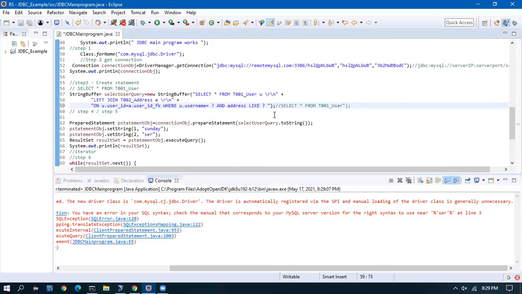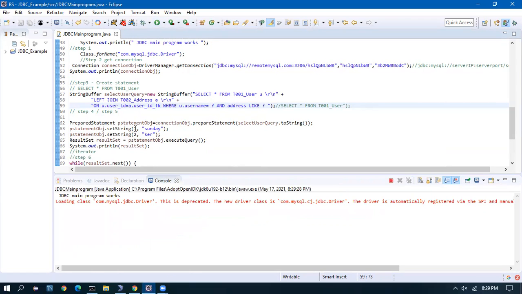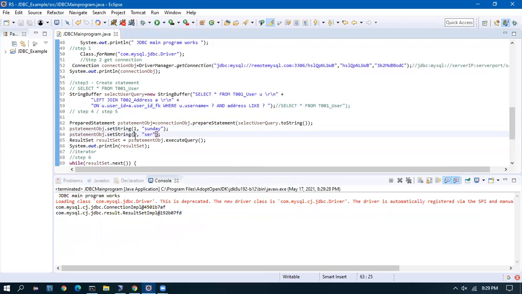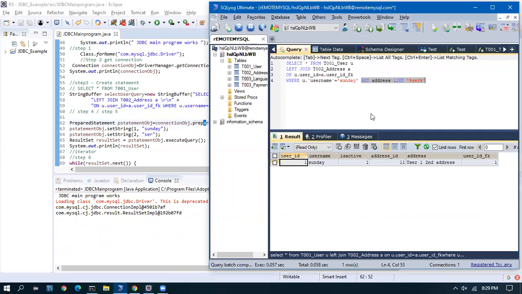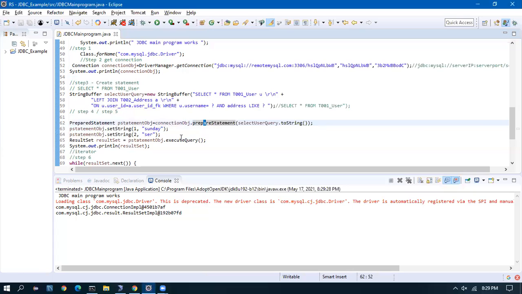I'll tell you later on this. For now, if it is multiple question marks, then one will give the first value. In the one, we have to set the first value. In the two, we have to set the second value. There is no address like that. So I'll give address equal to address one.